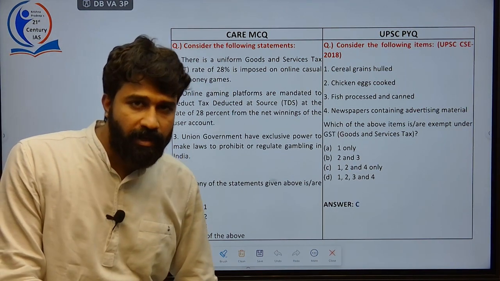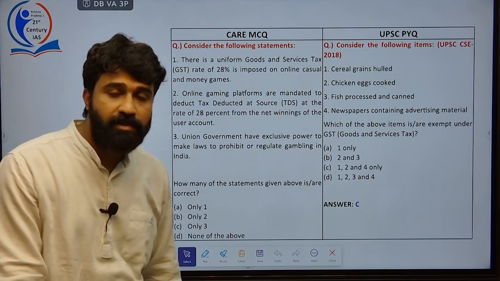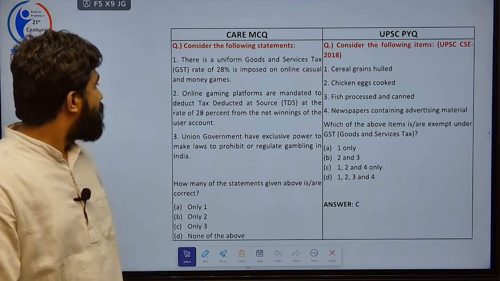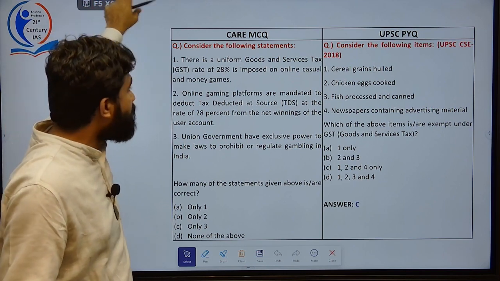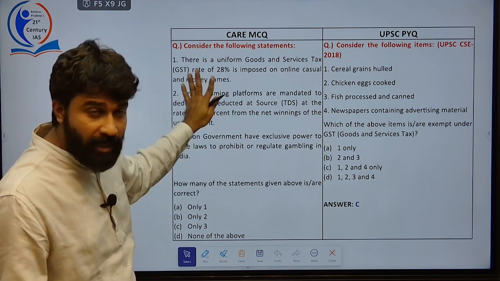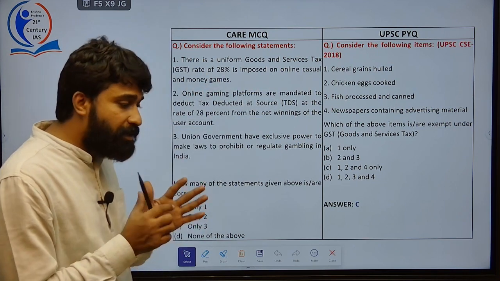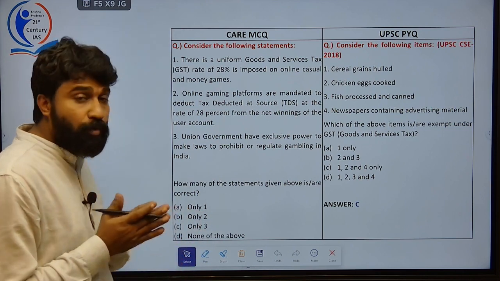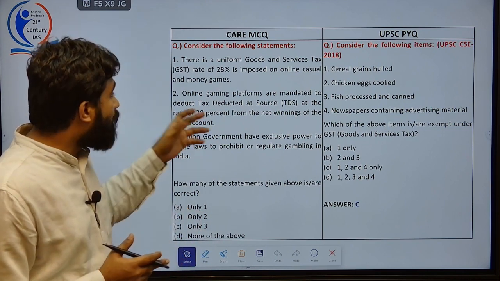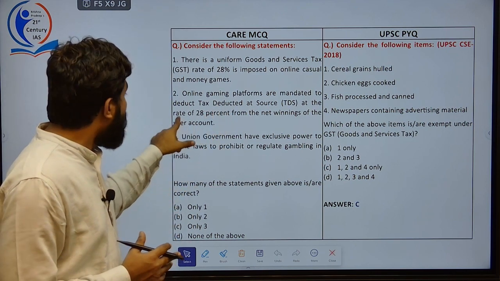Recently, the Government of India expressed its view to bring online gaming platforms under the umbrella of GST. So, a uniform goods and services tax rate of 28% is imposed on online casual and money games. Actually, the government has given a clear distinction under this umbrella between casual games and money games, and those who wager in it. And next, online gaming platforms are mandated to deduct tax deducted at source at the rate of